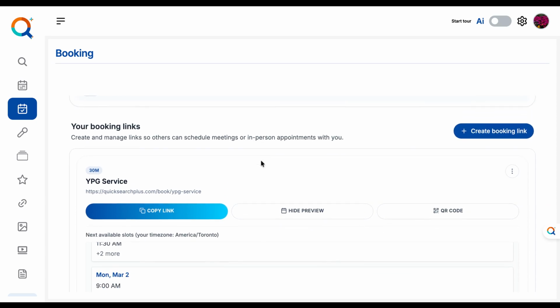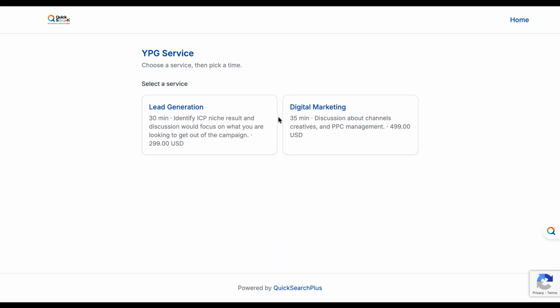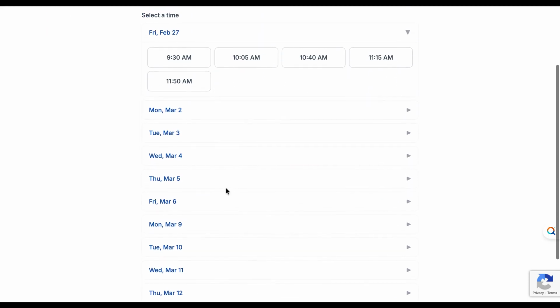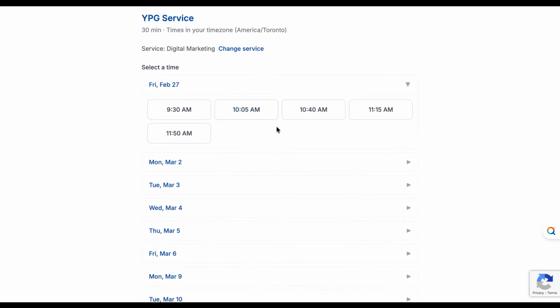So if you copy the link, let's just copy the link and come here, paste it. This is what it will look like for a dynamic service. This is what the link will look like for a dynamic service. And then let's see. You look at when this fellow will be available, and you pick your time, filling everything, and then